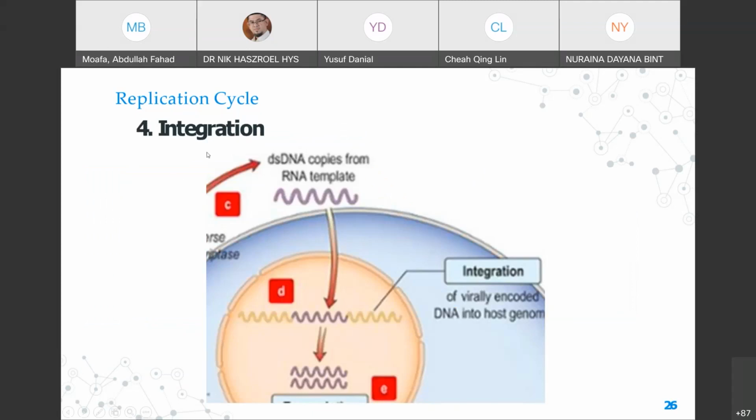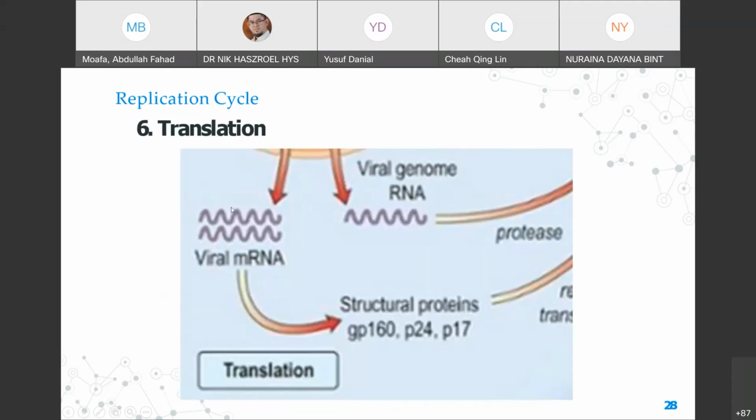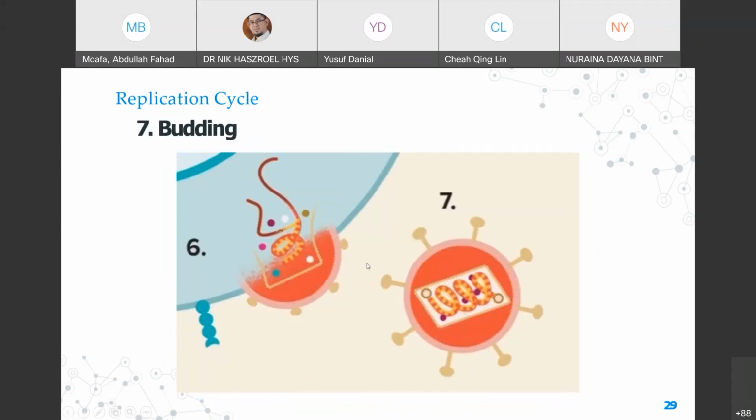As for the fourth process, integration. The DNA that was formed just now is integrated into the host DNA, and that leads to more transcription of the HIV's genes, which of course leads to translation. Translation contributes largely to the replication of the HIV genes, and after the replication comes budding. So this is how the number of viruses that the recipient gets increases throughout the duration